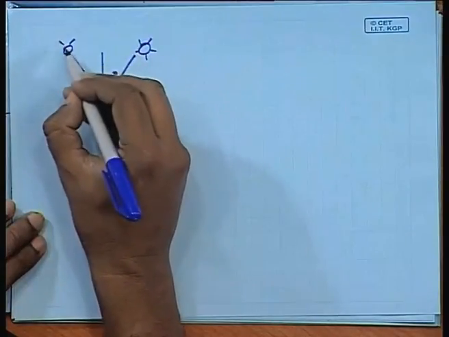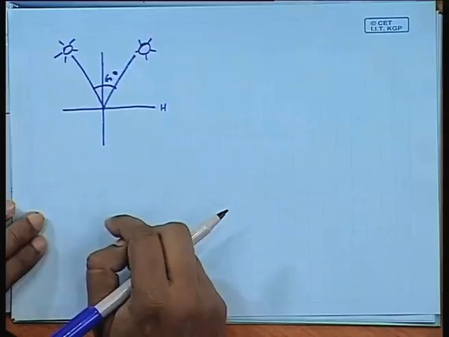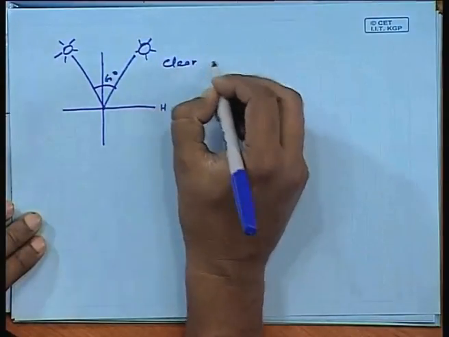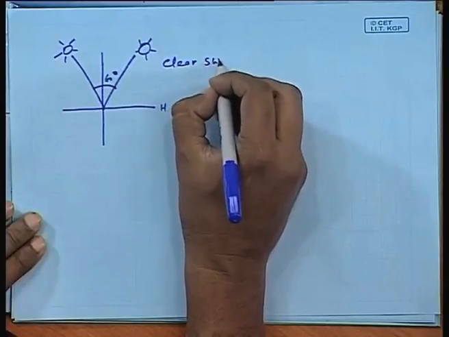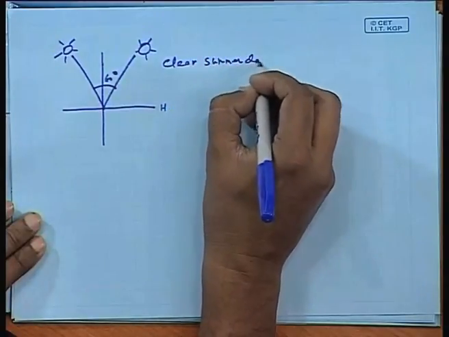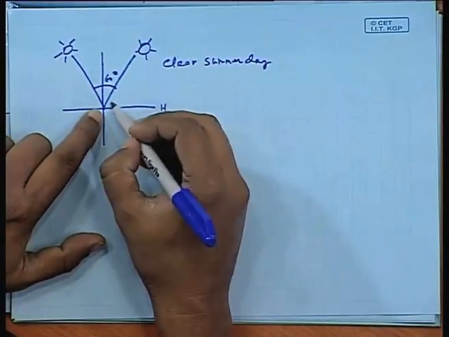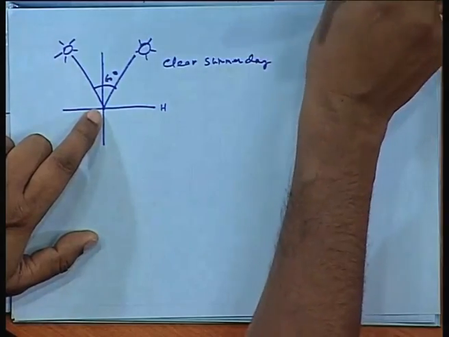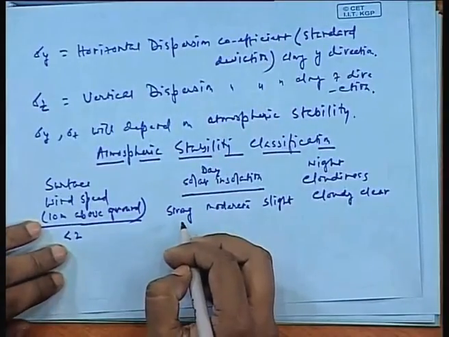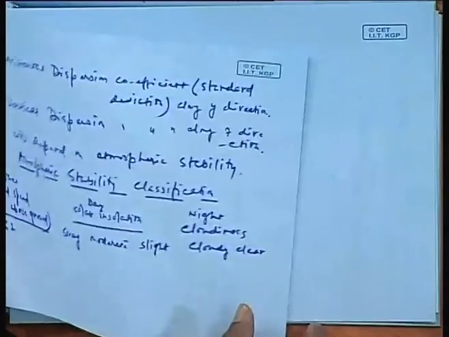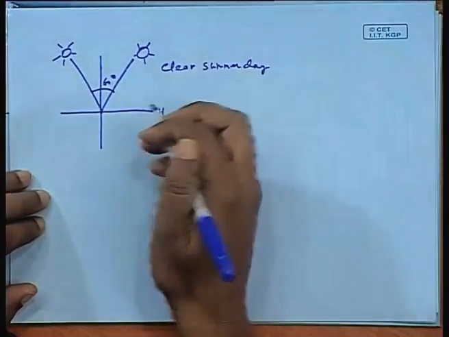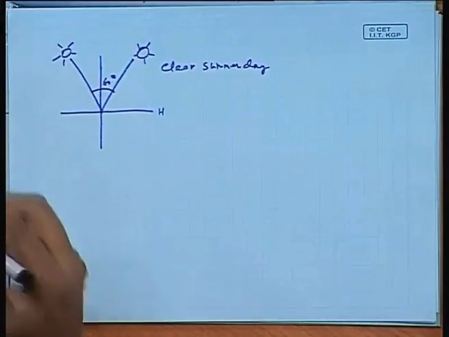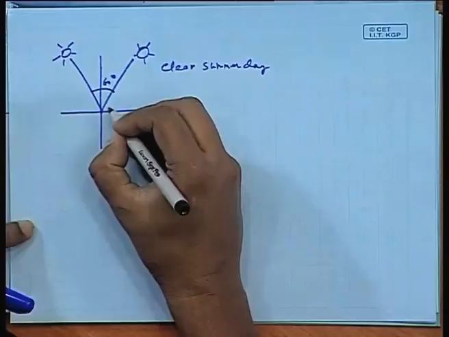When the sun is here on a clear sky, on a clear summer day, and you are calculating the dispersion at that point of time, this one would be known as day solar insolation to be strong. When this is between 35 degrees to 60 degrees, on a clear summer day,